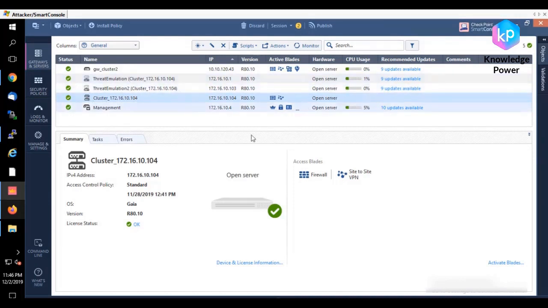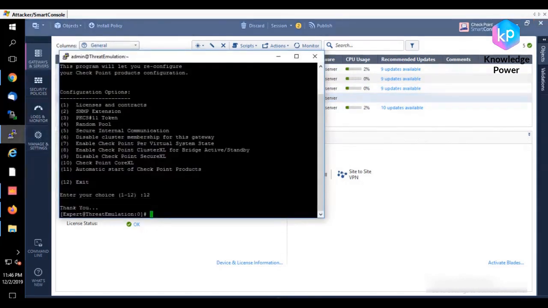If you navigate over the cluster, you will not be able to see the CPU usage because it's all virtual, and it holds up both of your devices. All right, so in order to verify if our cluster is working, you go back to your SSH session and you type in a command